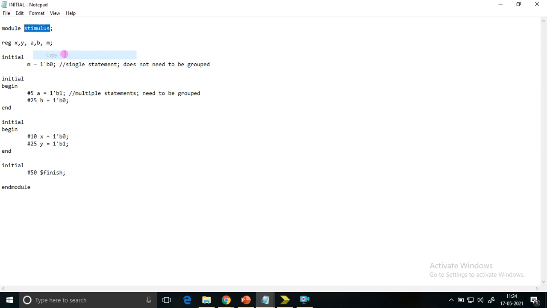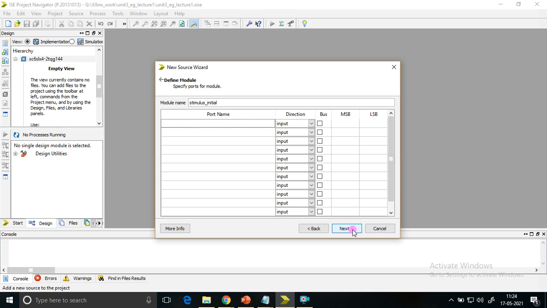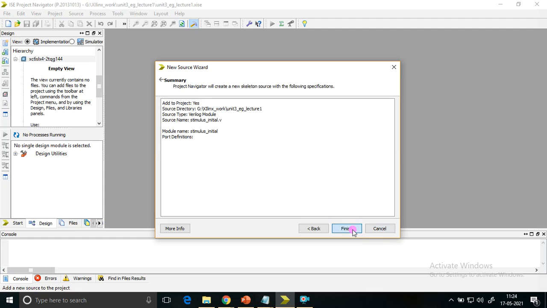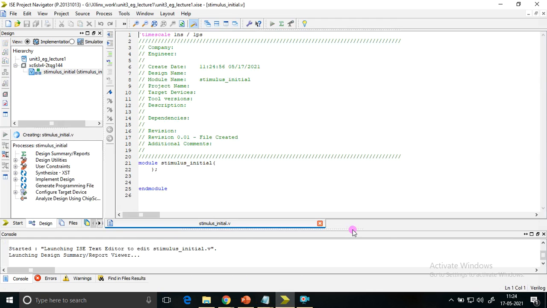I have named it as stimulus initial. Let me name it as initial. Next, finish. See here, we don't have any inputs and outputs. We are just analyzing how the statement works.